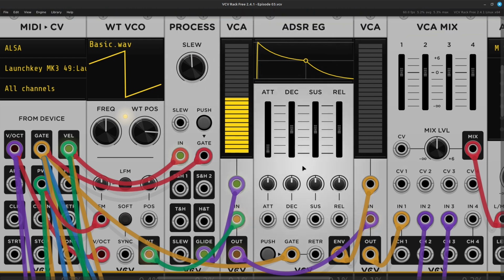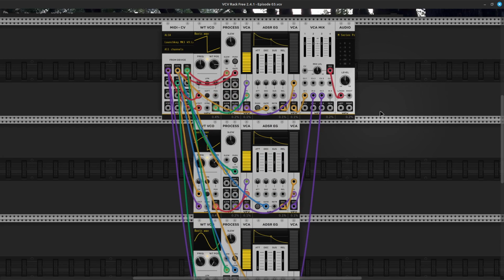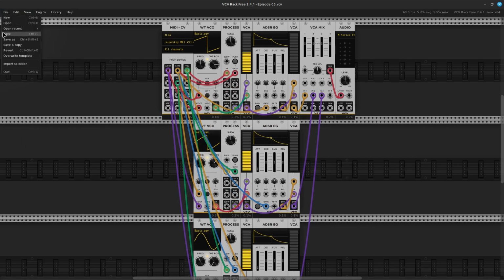And then after the envelope, we have another VCA. And this is basically allowing the sound to be governed by the envelope as well, second in the chain. And then this mixer here is basically being used to combine our 3 oscillators, 2 sawtooths, and a sine at the bottom. Okay, so I'm going to open up a patch that I prepared for this episode here,